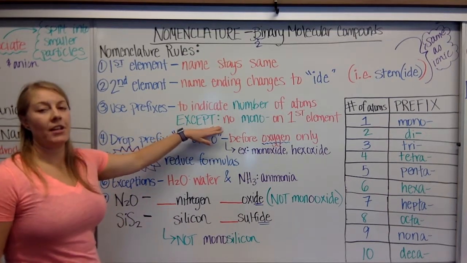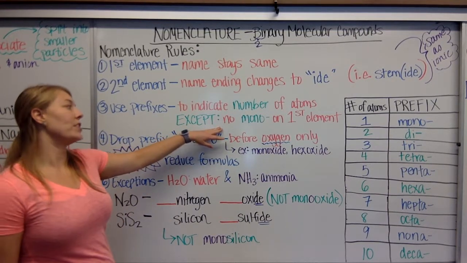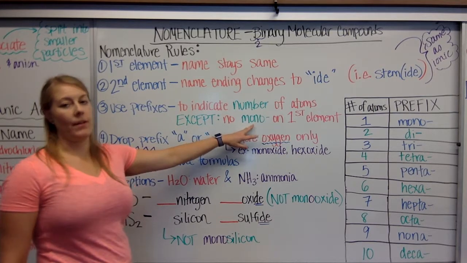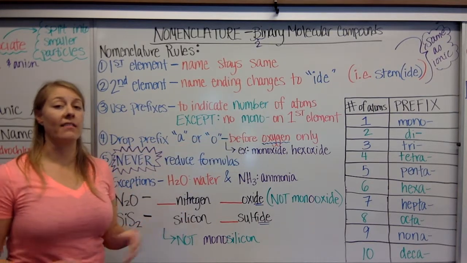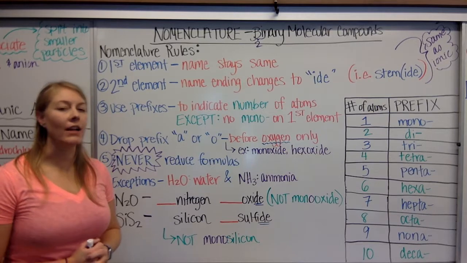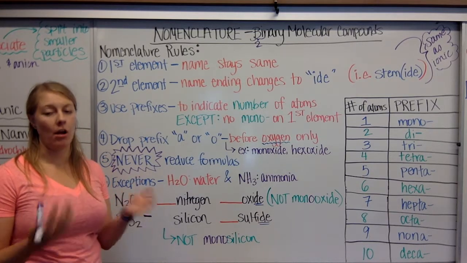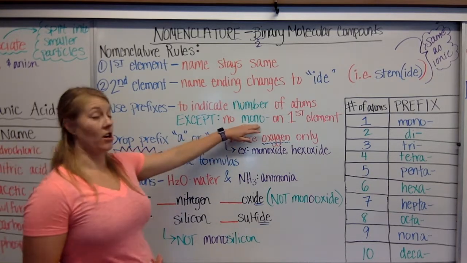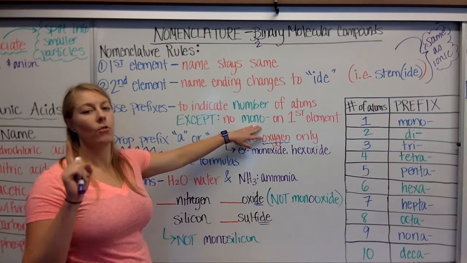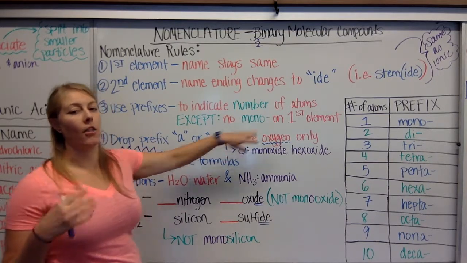The exception here with those prefixes is we don't use mono on the first element. So if the first element only has 1 carbon, we don't call it monocarbon. Okay, we would just call it carbon. We'll use mono if the second element has only 1 of that atom, but not on the first, and we'll